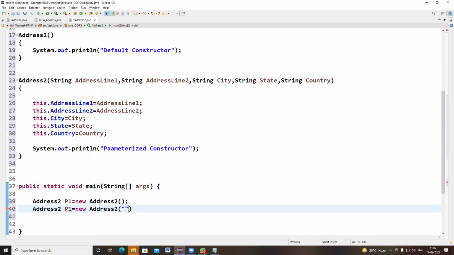The first value I have to specify is address line 1. Okay, address line 1, Miyapur. Whatever the sequence of values, you have to follow that sequence. And city, Hyderabad. And after that, state and country. State,